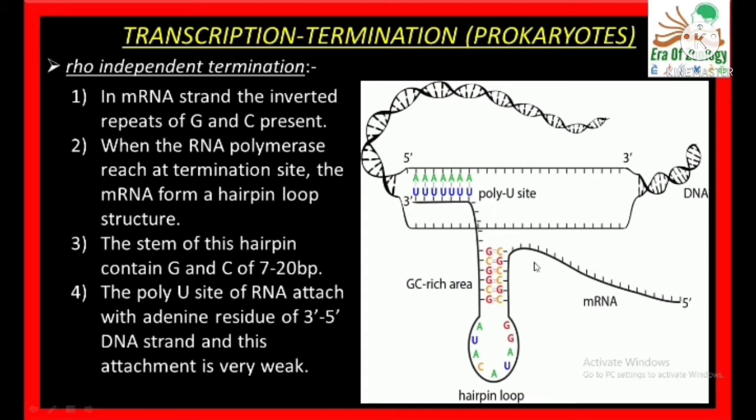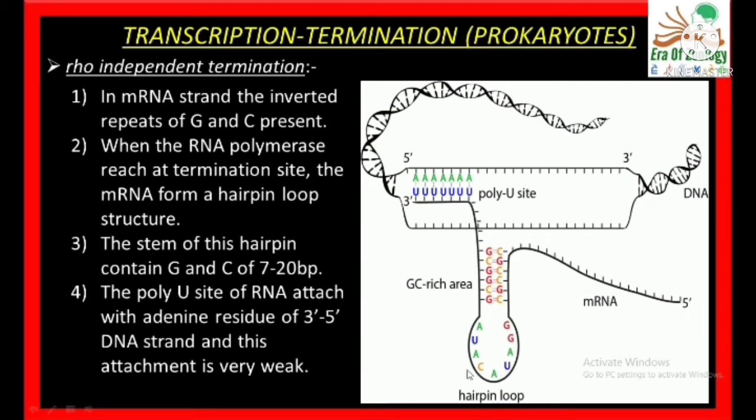So it is the mRNA strand, and here is the GC rich area, that means in this region G and C nucleotides are present. When the RNA polymerase reaches the termination site, the mRNA forms a hairpin loop structure. You can see that when the RNA polymerase reaches the terminator site, the mRNA transcript starts to form